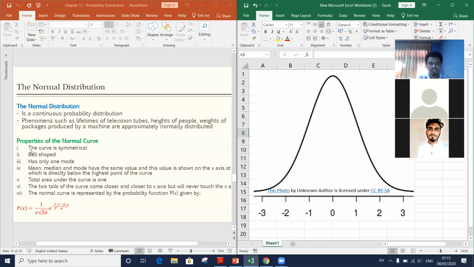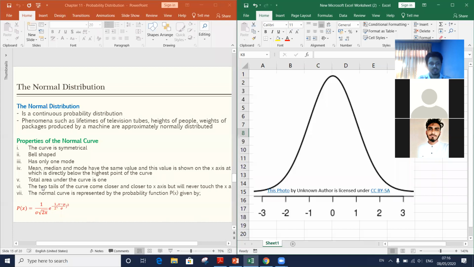First one is what? The curve is symmetrical. Symmetrical කියලා කියන්නේ මොකද්ද? In Sinhala we call සමමිතිකයි. This is symmetrical. We can fold it exactly into two parts from its middle point, right? මේ 0 point එකෙන් හරියටම අපිට මෙයාව සමමිතිකව දෙකකට නවා ගන්න පුළුවන්. It is symmetrical, right? And what about the shape? It is bell shaped, right? Bell shaped.